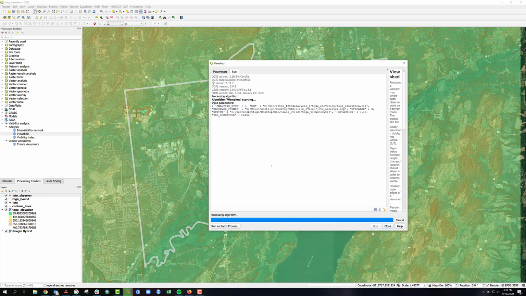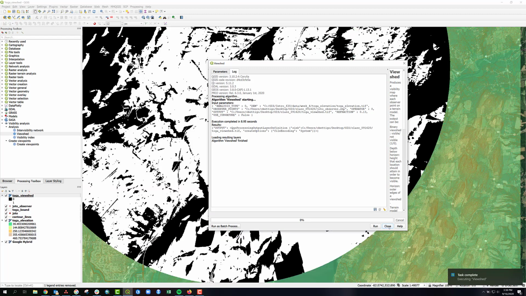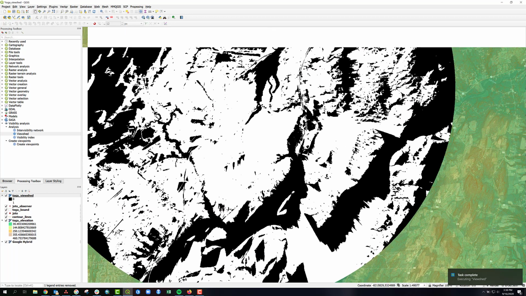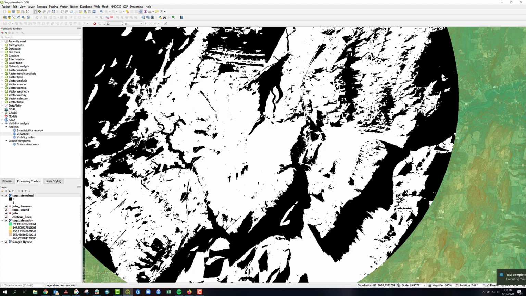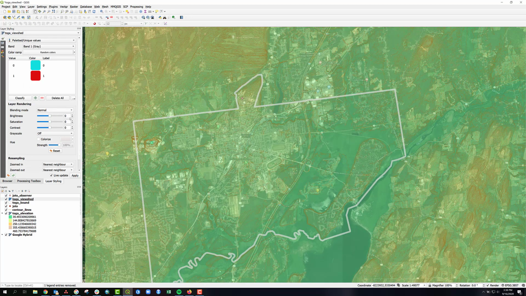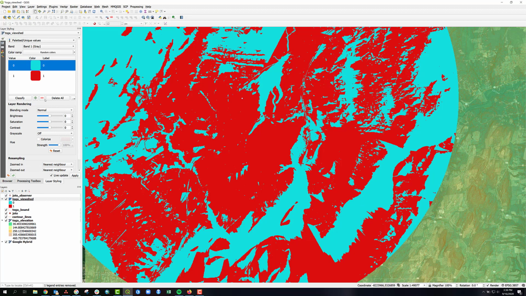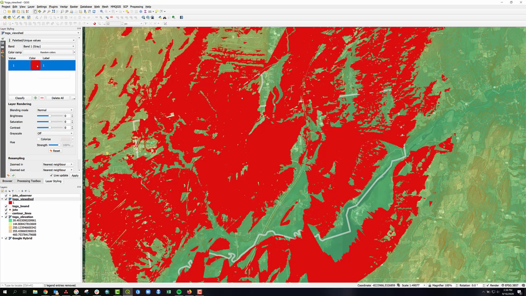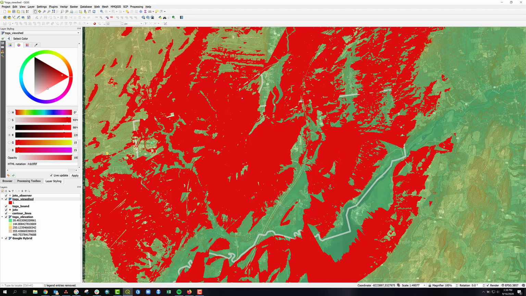And the output of this viewshed should be values of 1 and 0 for my study area. Values of 0 will be areas not visible at the observation point. Values of 1, my observation point here, values of 1 will be areas that are visible. I'm going to go to Layer Styling and select Paletted Values. I'm going to classify. I'm going to get rid of that 0 value. I'm going to change the color